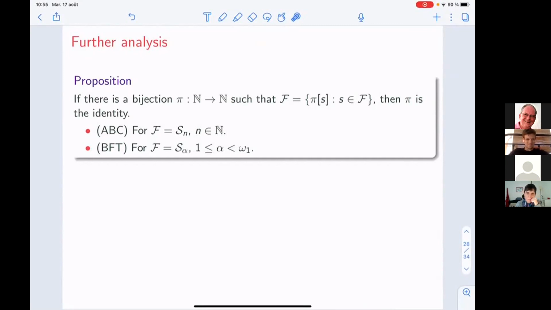Do you know this paper by Gasparis and Leung in 2000? They found continuum many complemented spatial subspaces of Schreier space, but only for finite order. And they found continuum many, what, say again? A continuum many complemented spatial subspaces. Complemented spatial subspace means generated by a subsequence of the basis. But they can only do this